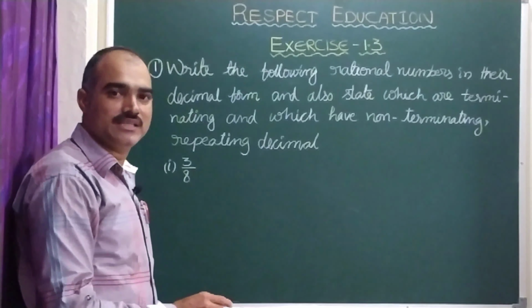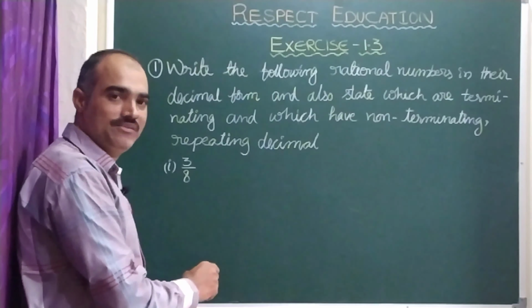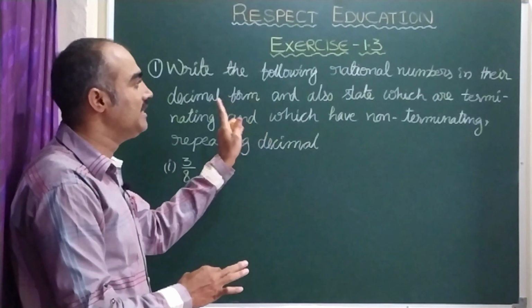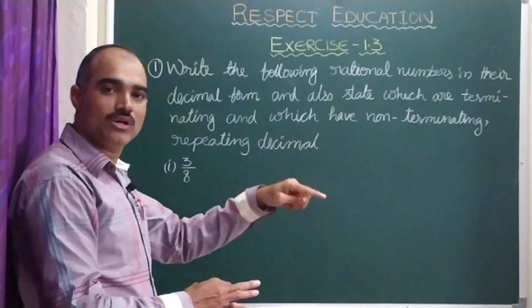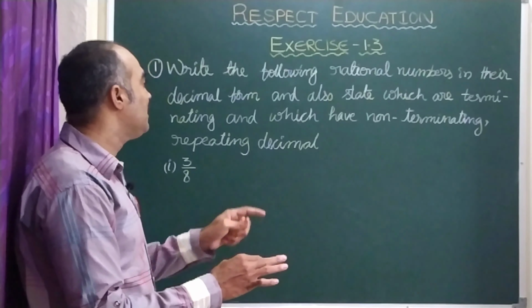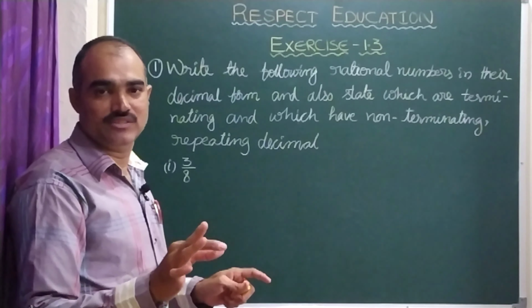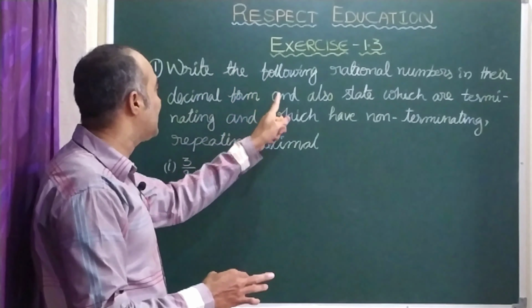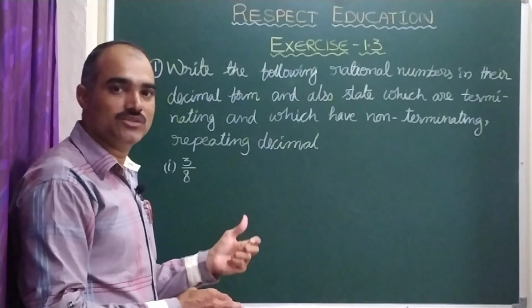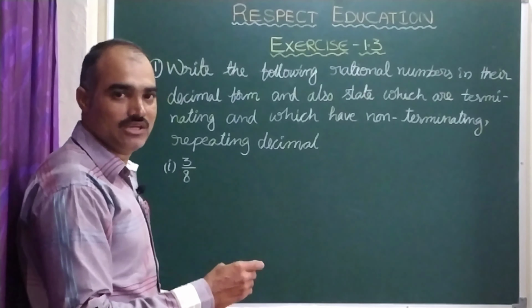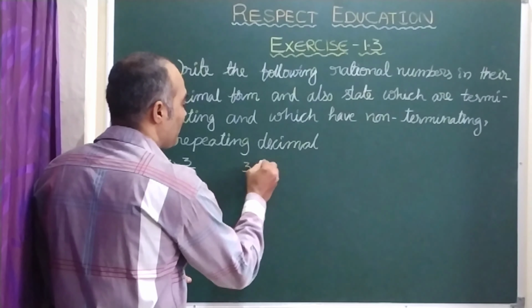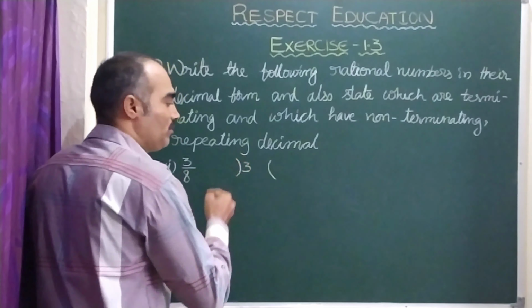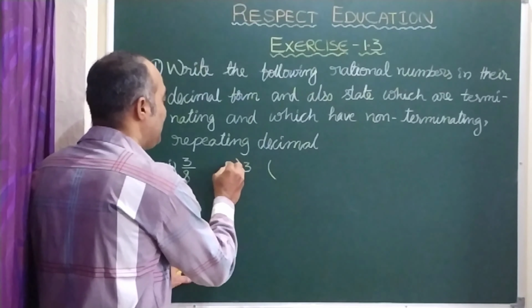It's nothing difficult, children. Actually here we can do normal division because in the question it is not mentioned "without actual division." Those questions are going to come forward. By that time we should not do the actual division, but at present as the condition doesn't mention it, we are able to do the normal division only. So let us take the numerator 3 and divide it with the denominator 8.